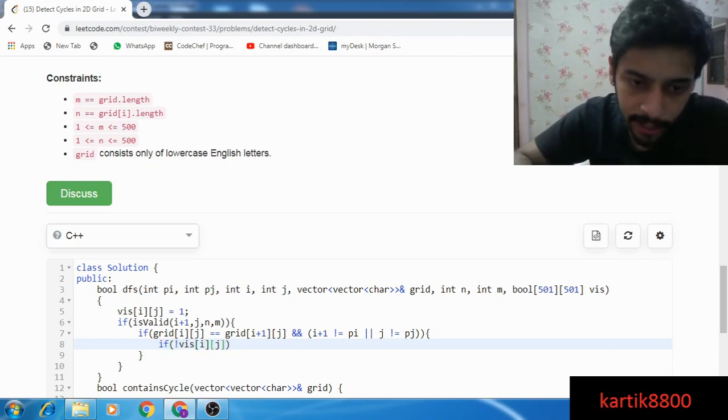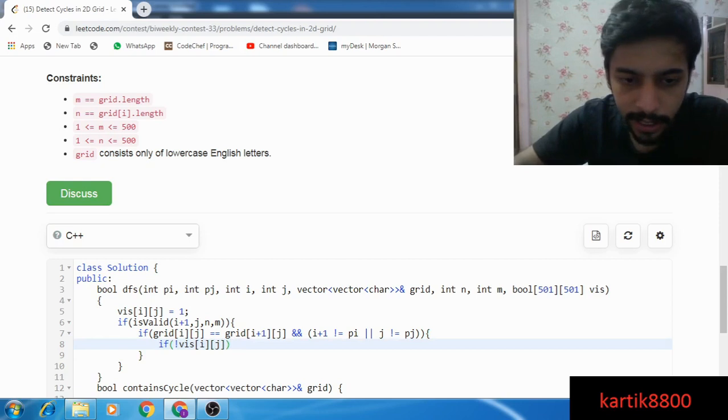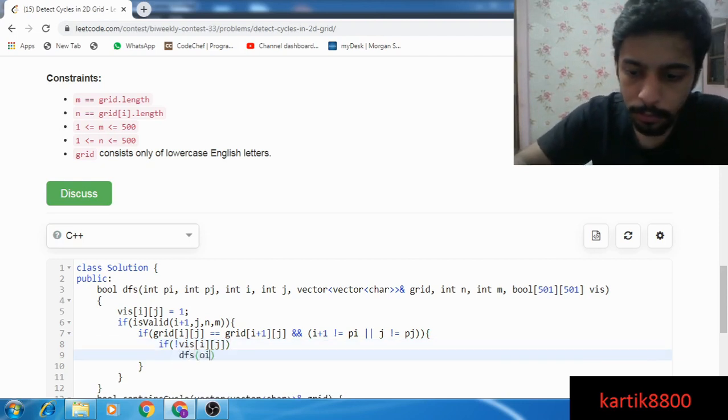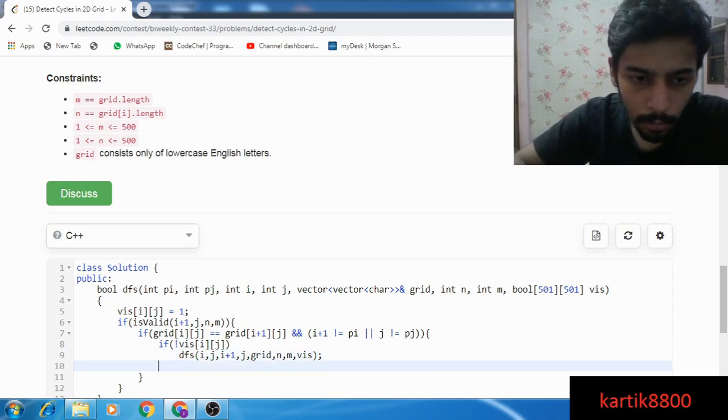But if it is already visited, then I should return a 1, meaning that there is a cycle. So if not visited, then do a DFS. Otherwise, return a 1. We are done.